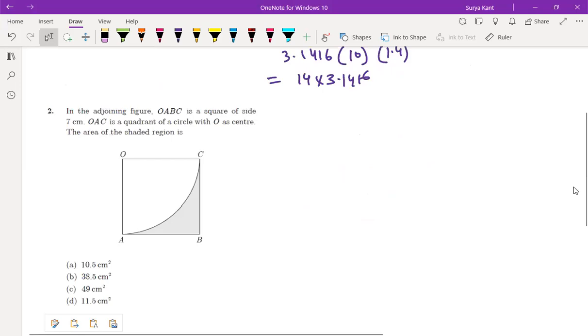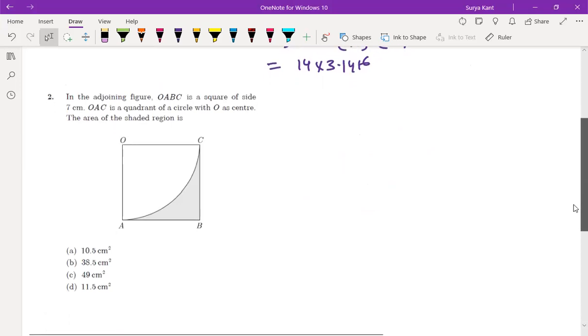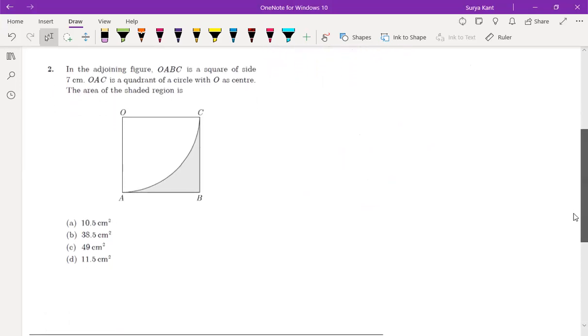In the adjoining figure, OABC is a square of side 7 centimeter. OAC is the quadrant of a circle. Find the area of the shaded region. So how to find the area of the shaded region? Tell me, Adarsh, how to find the area of the shaded region over here? Tell me, Adarsh, area of shaded region is equal to area of